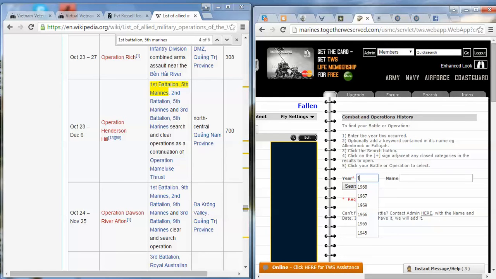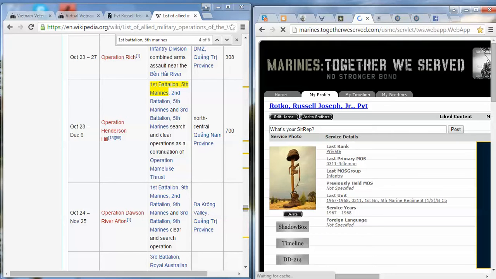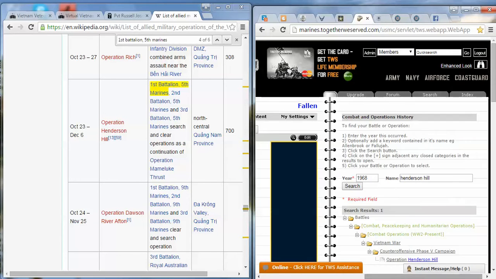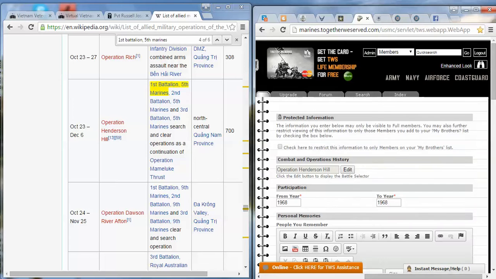Go over here. Type in 1968. And the battle. And it should pop up. Click that. Make sure the dates are correct, that he was there.